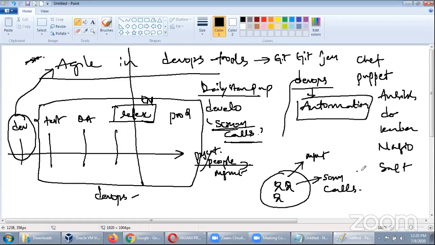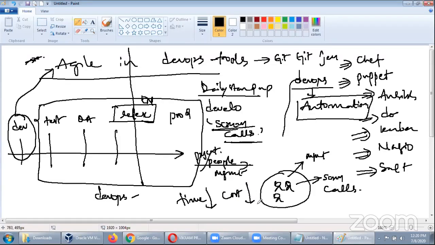Different tools have their own strategy and help in the project in different ways. Each tool is capable of doing something, and that capability brings your time down. Time spent on managing the project is coming down, cost spent on the project is also coming down, and you're able to automate it. That is what happens in DevOps.